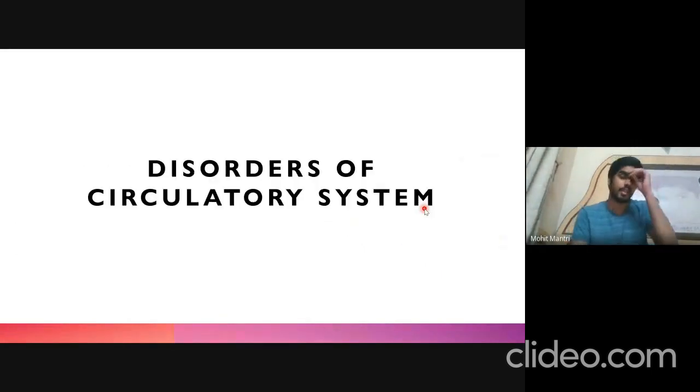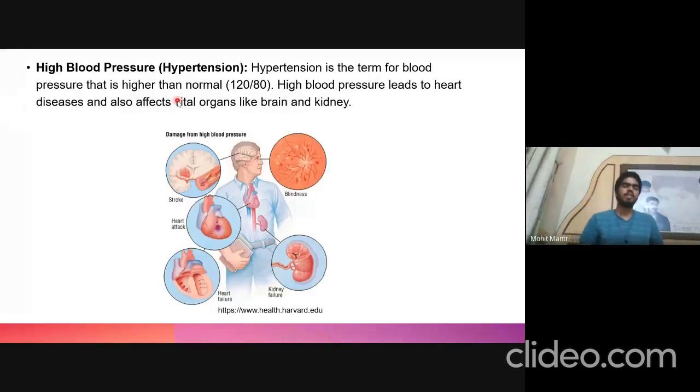Now comes the last part, that is disorder of circulatory system. The most common one is high blood pressure or hypertension. This is the term which represents the high blood pressure, that is, when the blood pressure is more than the ideal blood pressure, which is 120 to